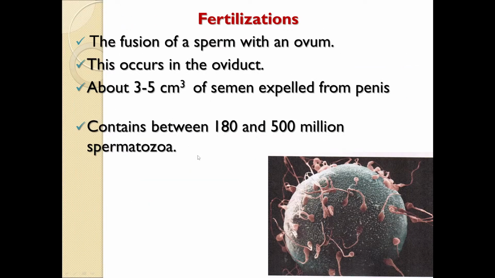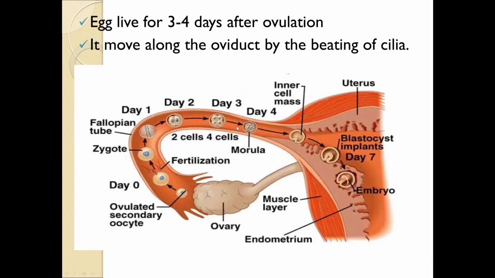Right, so fertilization is normally the joining or the fusion of the sperm with an ovum, and this normally takes place in the oviduct or the fallopian tube, that same tube that we just looked at. In terms of exactly where fertilization takes place, it is approximately right there where you're seeing it, and we normally say three-quarters of the way up the fallopian tube.